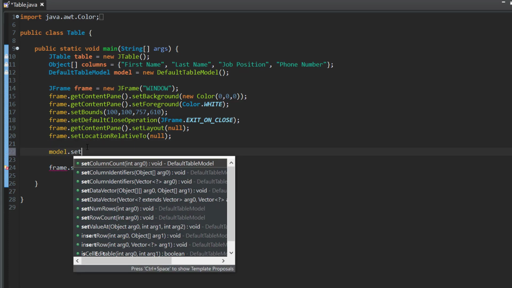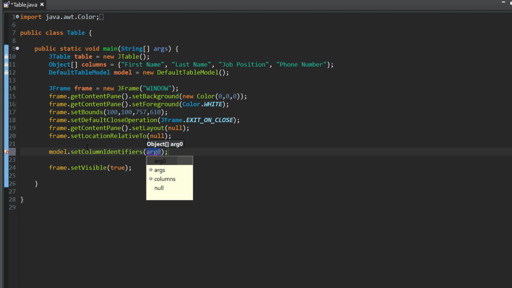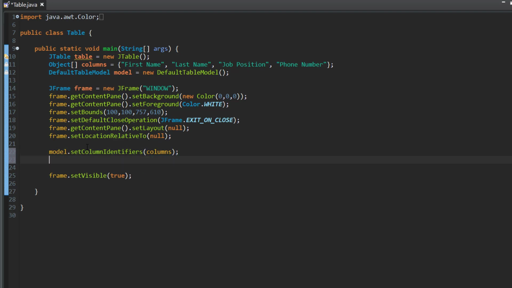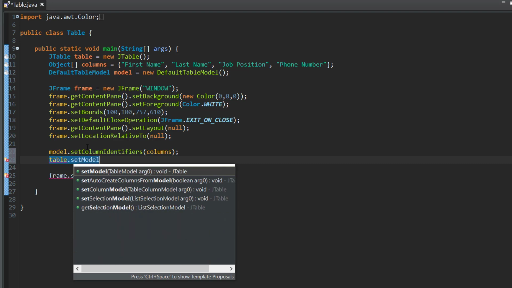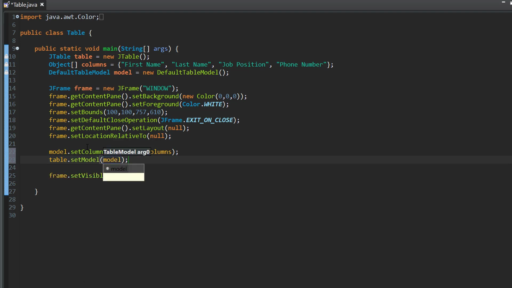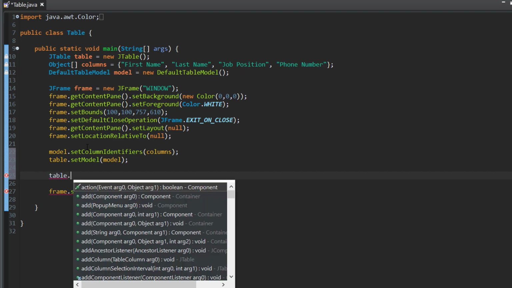Now we're gonna call the model, and we're gonna set the columns, the column identifiers. Those are the columns that we just defined: the first name, last name, job position, and phone number. We're gonna set it in the table. We're gonna set the model in the table, and then